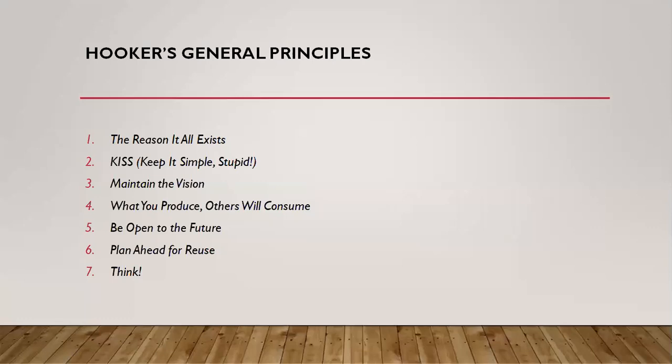The sixth one is plan ahead for reuse. Already we have discussed what reuse is. The components of that particular code, or the code of that project, must be reusable. Otherwise, if after 20 or 30 years we are not using such an app, then at least a few parts, a few coding lines, must be reusable for some other purpose. So it should be developed like that. And finally, think.